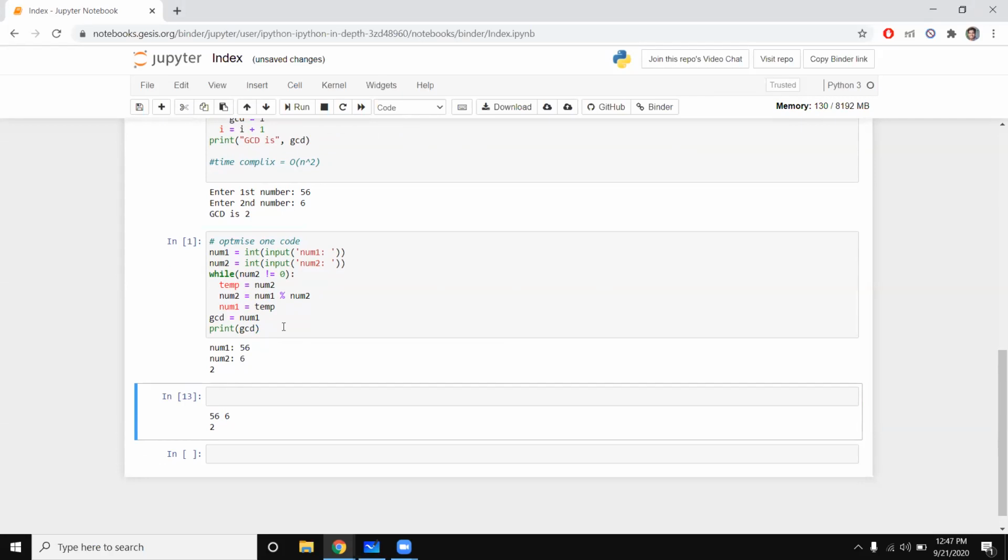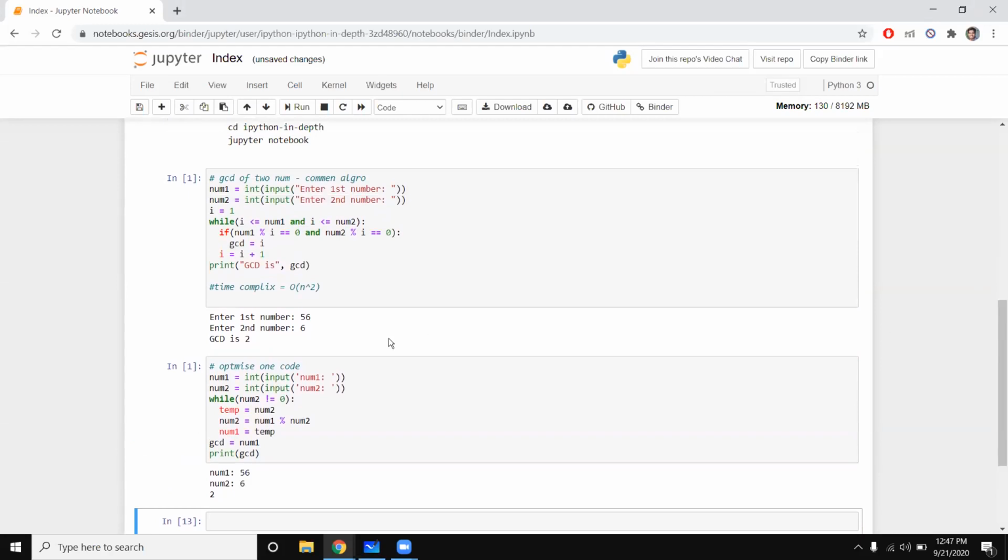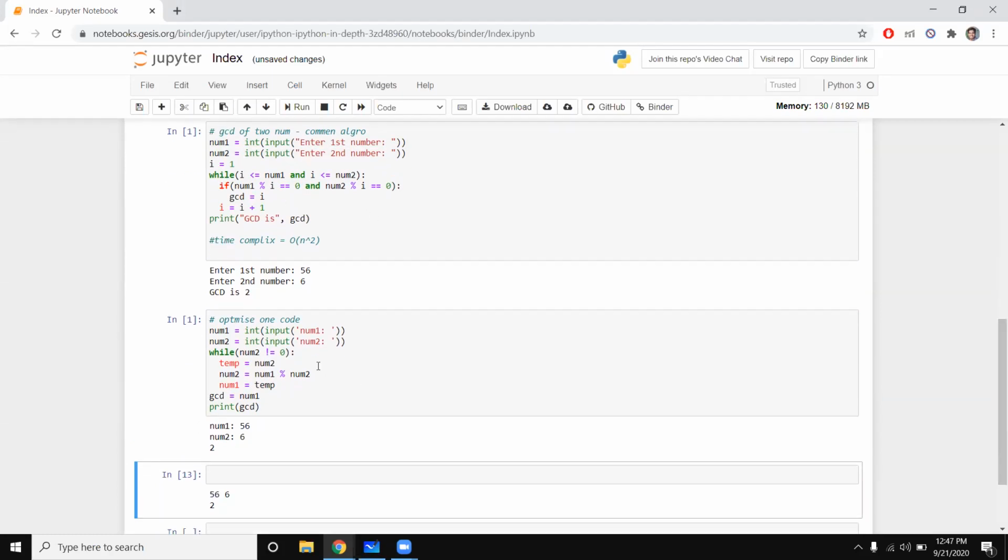So the working of the two programs is quite simple, but the loop running time is less. The normal code's while loop runs for 54 times, and in the optimized code, the while loop runs only for 3 times, that is A mod B times.